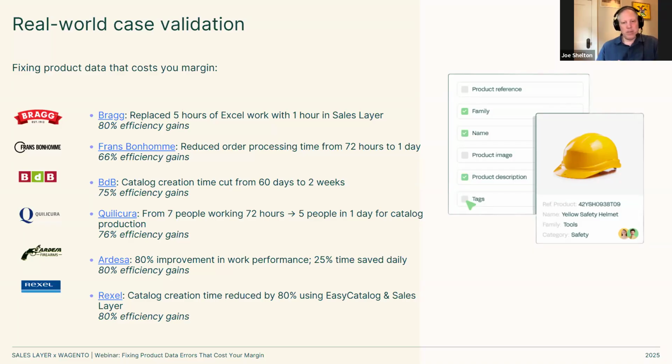So let your implementer guide you through a process of sitting down with your departments and really defining what is the product schema that we all agree on, what are the attributes that we all can agree on, and having that conversation arbitrated by your implementer, and getting people into a PIM like Sales Layer where it's common ground, getting them out of their isolated systems.